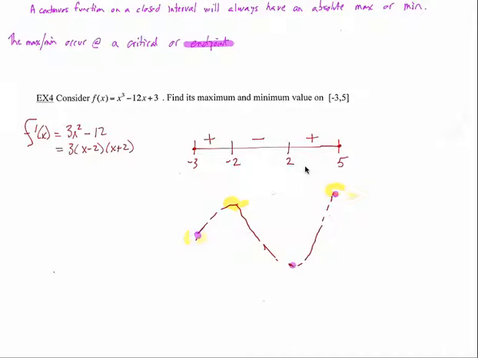So at -3, the function has a value of 12. At -2, the function has a value of 19. At +2, the function has a value of -13. And at 5, the function has a value